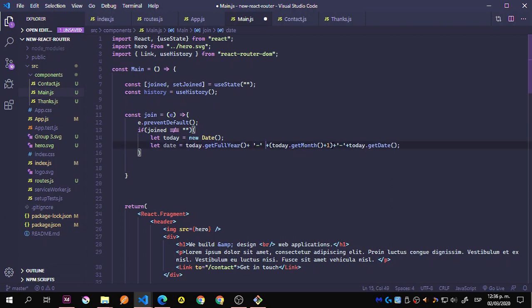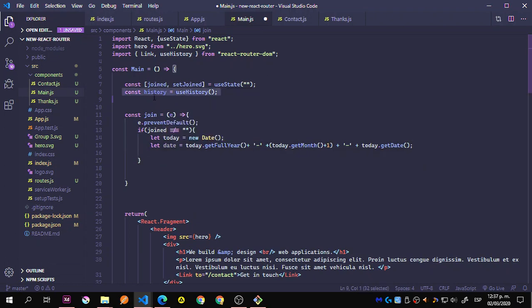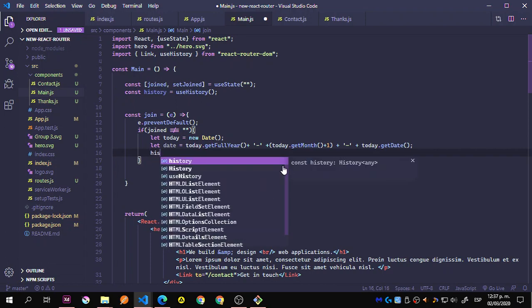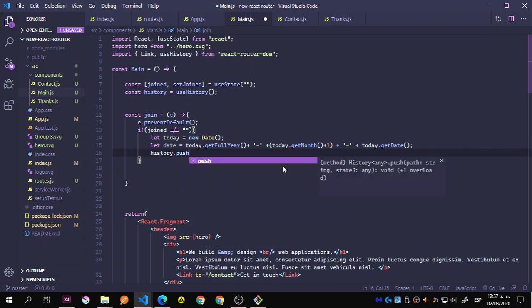We get the month plus 1 because it's a 0 index, and we separate again with a dash, and we get the date, which is the day. And you can see that we already have this constant history that is using our history hook. So what we're going to do is say history.push. We have this push, so it's going to allow us to move to the next page, and we're going to say thanks. So this is kind of at the thanks